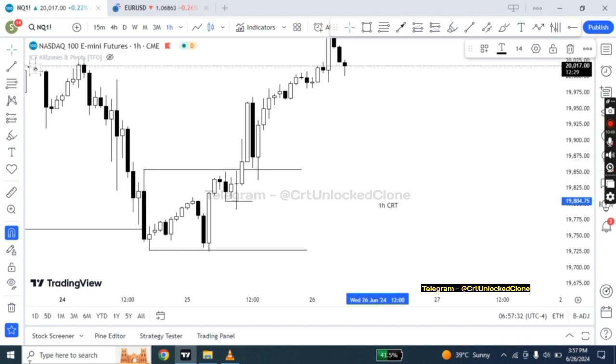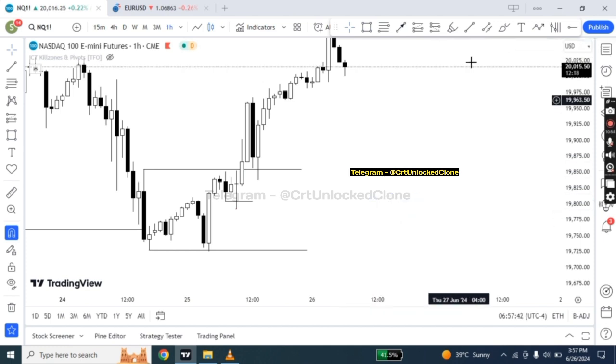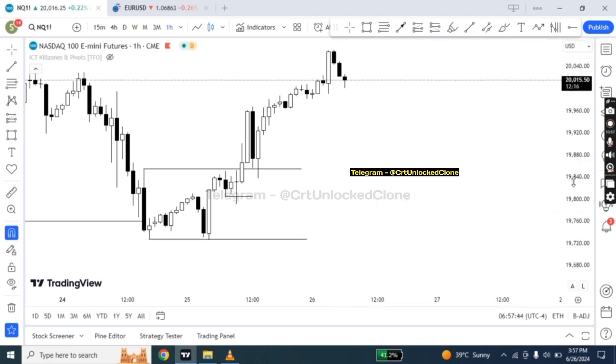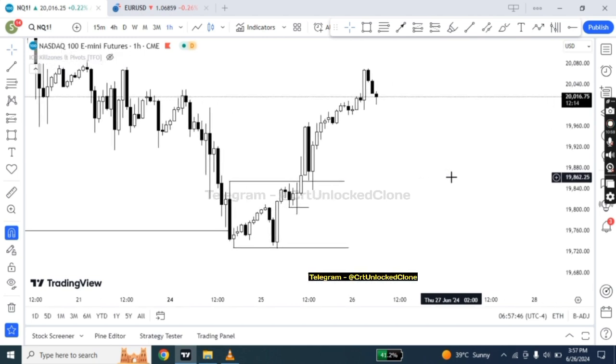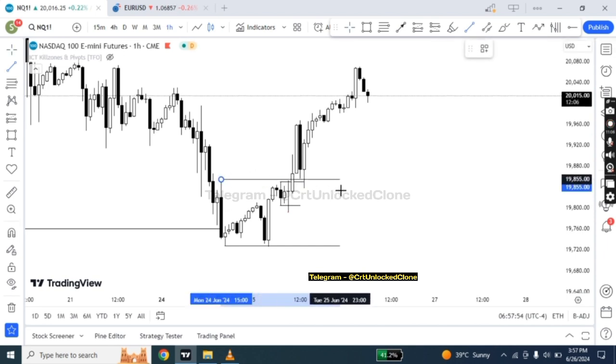I'm going to discuss this in the later chapters as well. But what you need to know and note down is that if you are using the 1 hour to find your CRT, then you'd have to trade that CRT on the 5-minute, right? Similarly, if you are finding CRTs on the 4 hour, then you're gonna trade those CRTs on the 15-minute. That's what we call time frame alignment, right? Now,